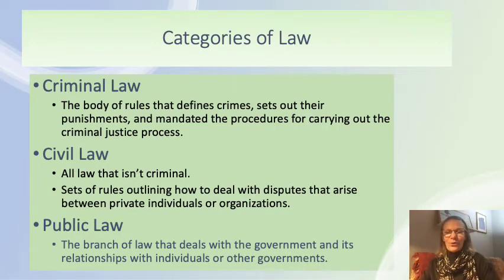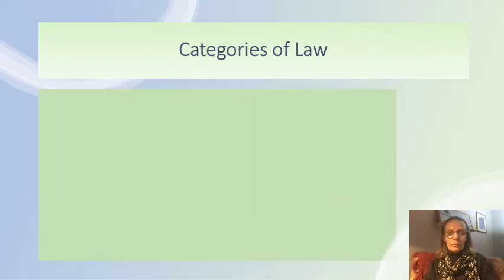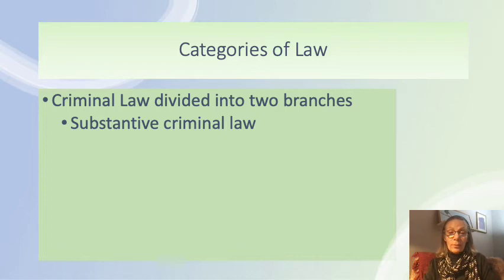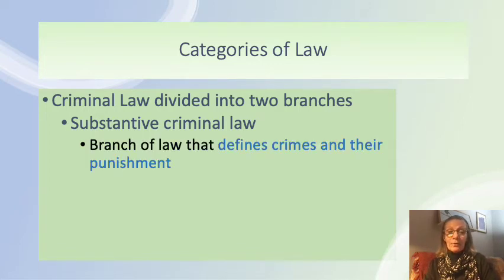Okay, so those are the three major categories of law that you'll read about in your textbook. We're going to focus obviously on criminal law, but we're going to spend a little bit of time talking about civil law in this lecture as well. So criminal law is divided into two main branches. One branch of criminal law is known as substantive criminal law. And substantive criminal law is the branch of law that defines what a crime is and what the punishment for